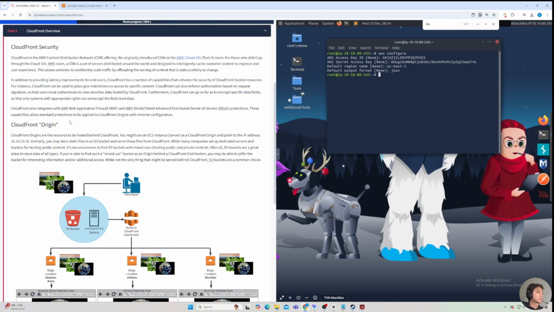While many companies set up dedicated servers and buckets for hosting public content, it is not uncommon to find S3 buckets with mixed uses, hosting public and private content. After all, S3 buckets are a great place to store data of all types. If you are able to find such mixed-use buckets as an origin behind a CloudFront distribution, you may be able